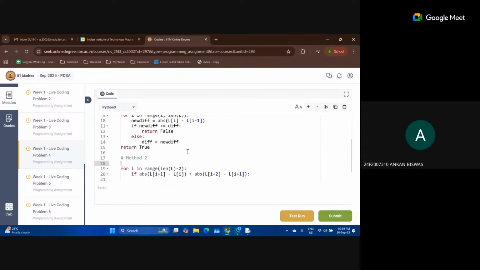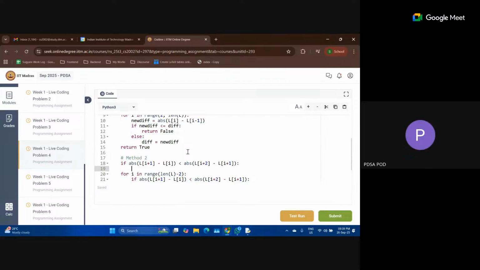Before the for I in range, I want you to write the absolute value of that statement.